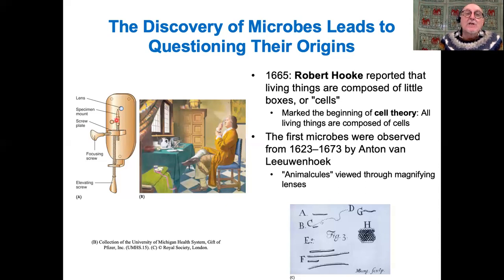And there was a screw which allowed him to move that back and forth. So he could hold the plate in front of his face like this and move the screw back and forth and bring it into perfect focus. And using this very, very simple machine, which is the very first true microscope,